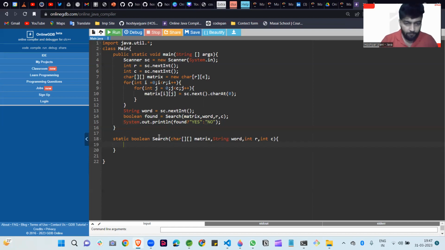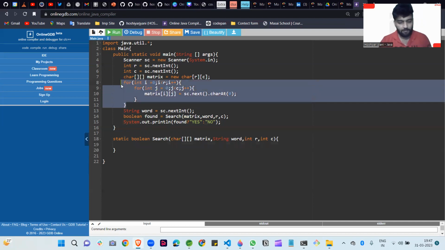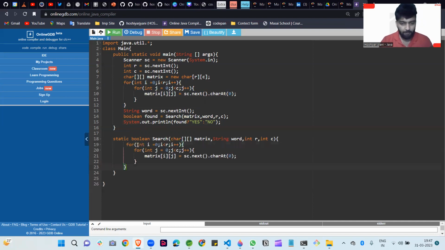So how can we write? We iterate a for loop 2 times for iterating in this. So I simply copy and paste. First for the row and second for the column for iterating in the matrix. Okay, guys. So this is done. We iterate our for loop 2 times for iterating in the matrix.